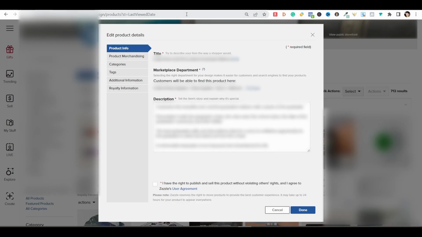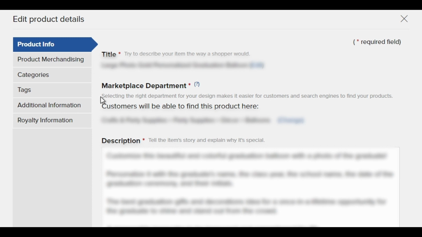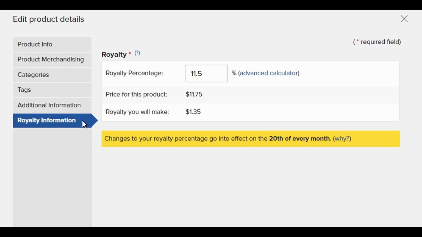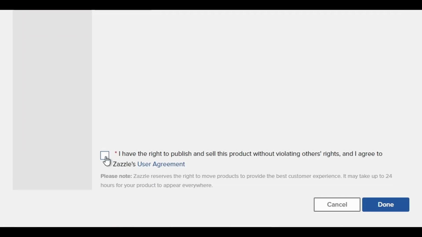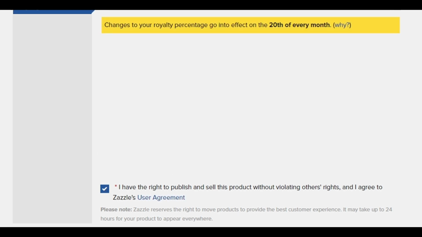In the pop-up window, you are able to edit the title, the description, categories, tags, and other information for this product. But for this video, we will click on Royalty Information. And here we can change the product's pricing by adjusting the royalty percentage. Once you are done, make sure you check the box at the bottom to confirm the Zazzle user agreement. Then you will click on the Done button on the right, and your new price will be updated on the